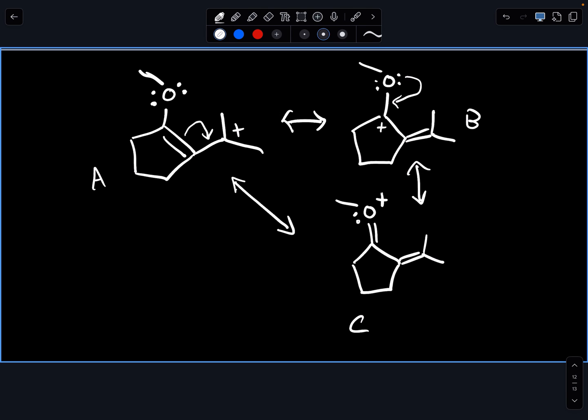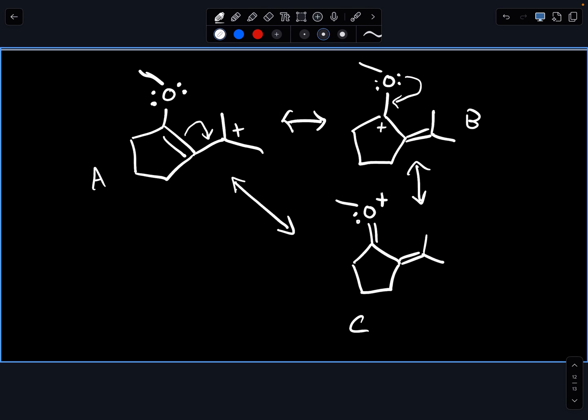But C has something else going for it that the other 2 don't. C is the only one where every atom has a full octet. Right? And it actually turns out that that means C is the best contributor. Having a full octet on all the atoms is more stabilizing than having positive charges on electropositive atoms. Like oxygen, like carbon. So I would say all 3 of these are probably important. What the exact percentages are, I could guess and say A and B are 25, 25, and C is 50, but